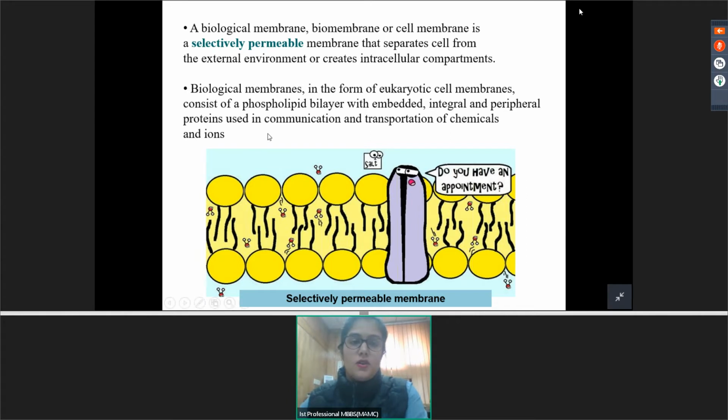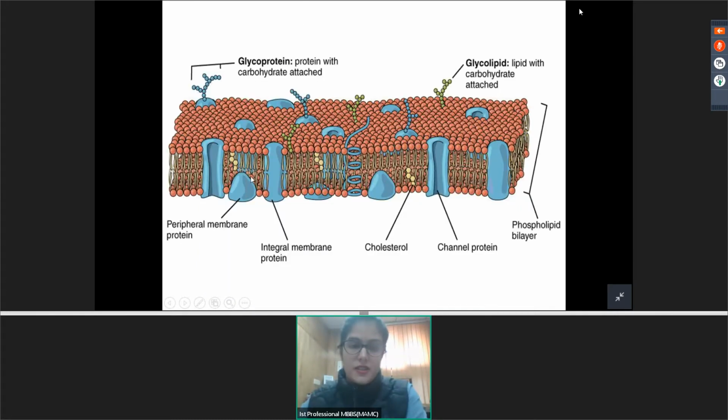Okay. So biological membranes are usually made up of two layers of amphipathic lipids. And in this bilayer, we have many proteins that are embedded. So in the coming slides, we'll be seeing the different types of lipids that are present in the plasma membranes and the different types of proteins that are present, their functions, and what are the various transport mechanisms.